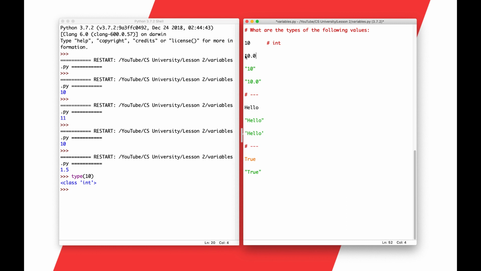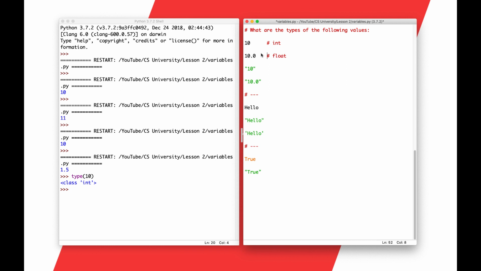How about the next one, 10.0? So you can look at this and say, okay, well, it's basically the same number, at least as far as math is concerned. There is this decimal place here, but it's sort of still a whole number, right? Because it's 0.0. Well, in Python, as soon as you see this decimal place, that will immediately tell you that it is a floating point number. And so when you see 10.0, it's going to be a float